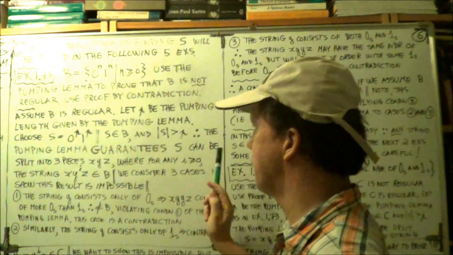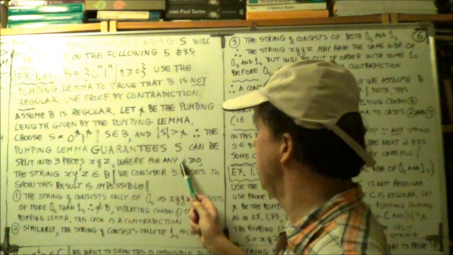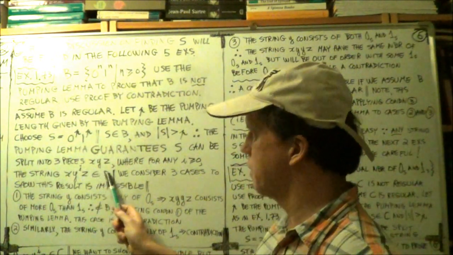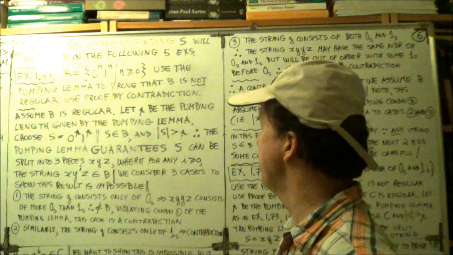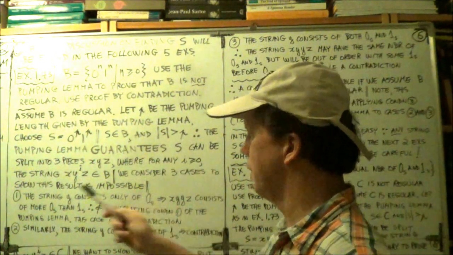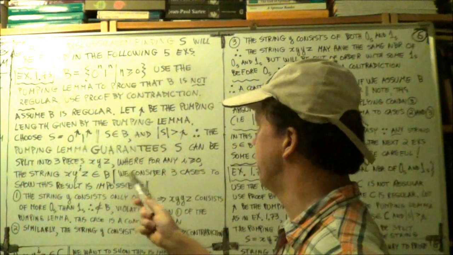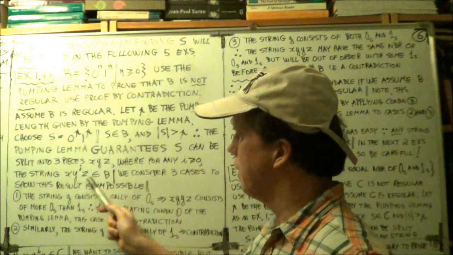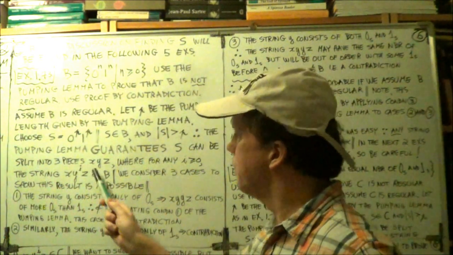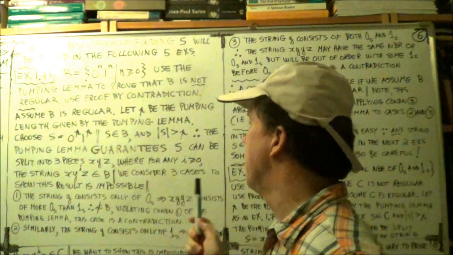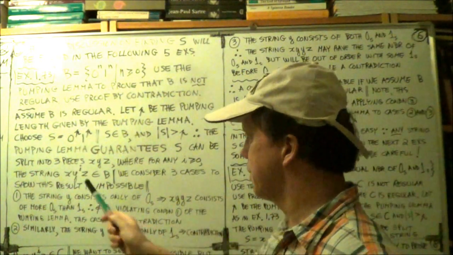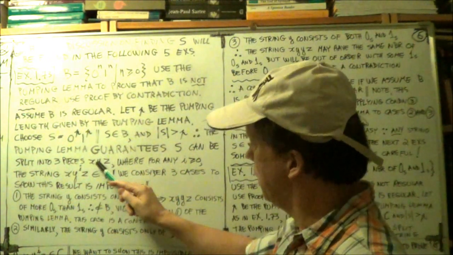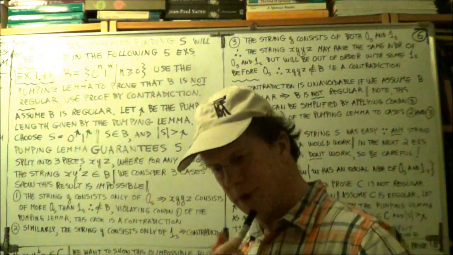Now, for any non-negative integer i, this pumped string, here it is, also belongs to B, belongs to the language. Okay? Now here's an example. It was a bit vague before, but now it's becoming a bit more concrete. There are three cases that we can consider for this pumped string. Now one is the y, here. The y here, there are only three possible cases.